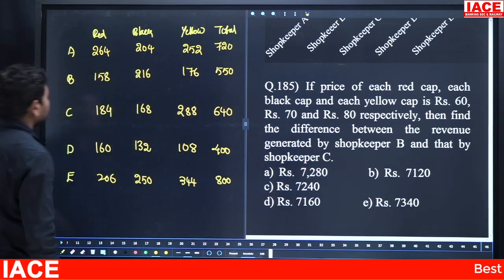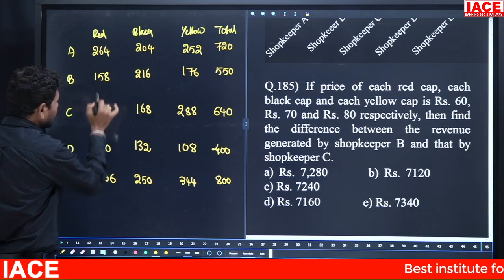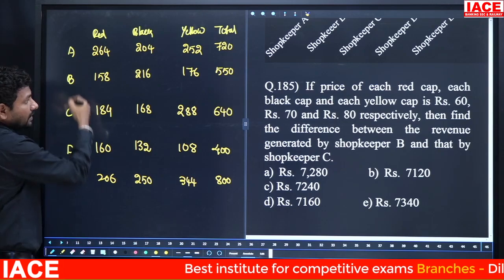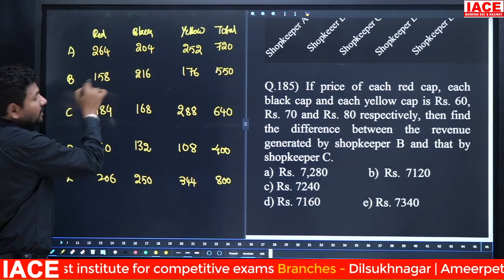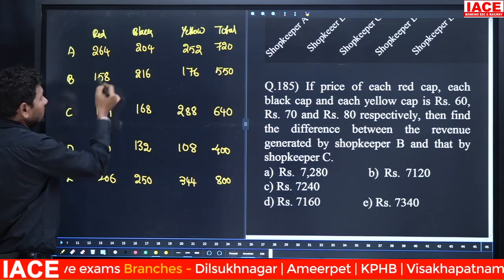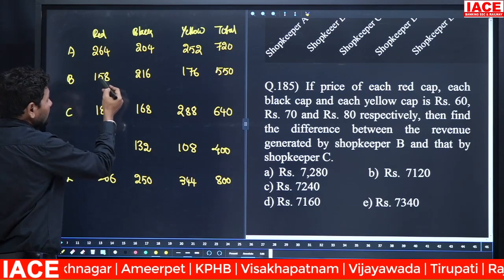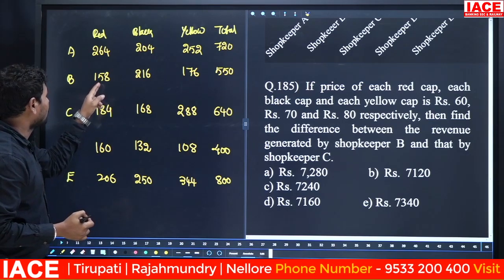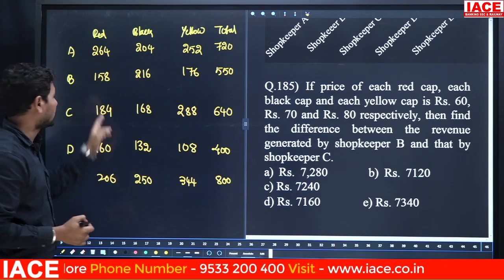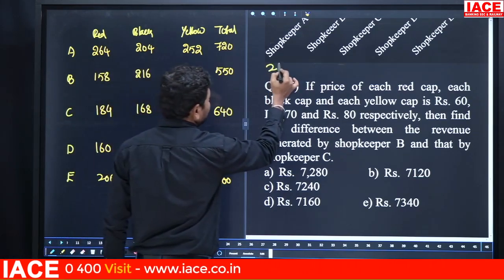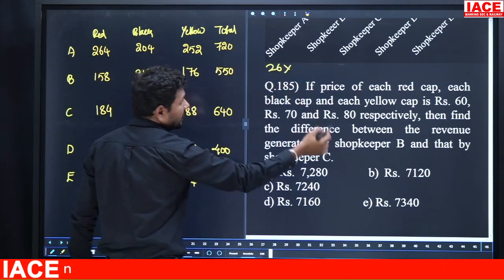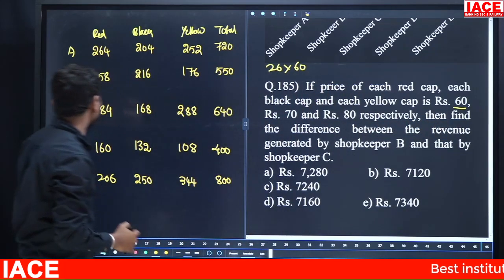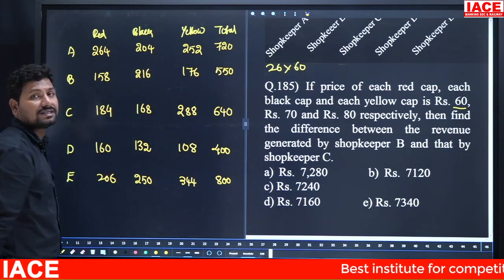We'll take a difference here. Then how to take the difference? 158 minus 184. We are taking a B to C difference. Otherwise, you can take C to B also. If you take C to B, 184 is more than 158, so what is the difference? 150 to 180 difference is 30. But I need 34. Here what number is added? Just add 26. You will get 184. Then the difference is how much? 26. This belongs to red. The red cap's cost is how much rupees? 60. Next, here 184 to 158 difference is 26.